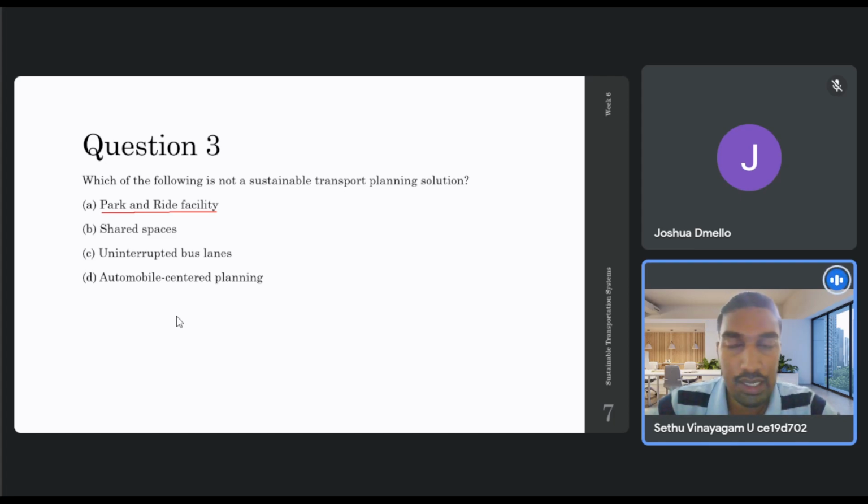So what happens in that case? You'll be providing wider roads, with multiple lanes, and what this induces is for people to use more of their private vehicles, right? Because the roads are wider, people will be more encouraged to buy their own vehicles. So in the long run, this will add to more congestion, more pollution and so on, and therefore this is not sustainable in the long term, right? So we should not go for an automobile centered planning. So this is the option that is not sustainable out of the four. Therefore, the right option is